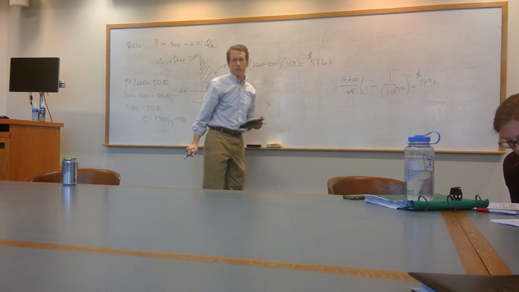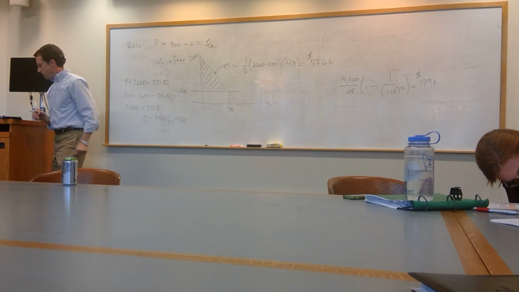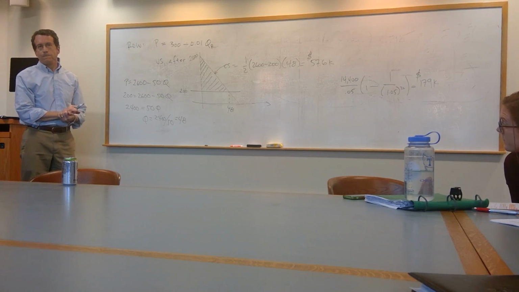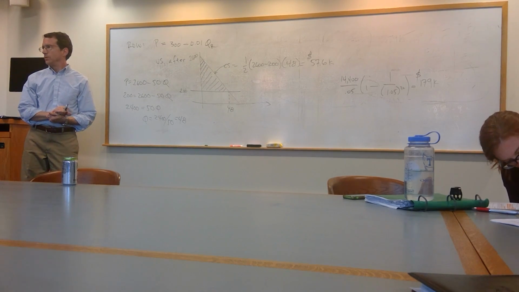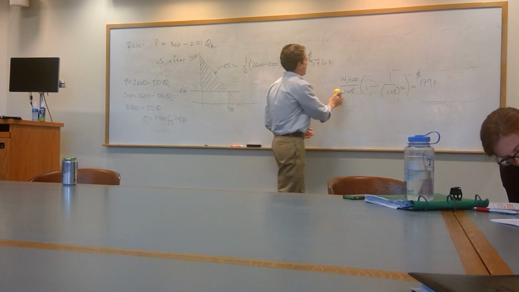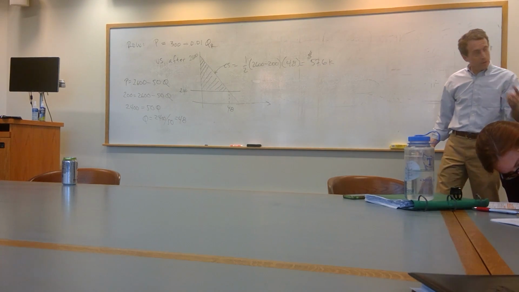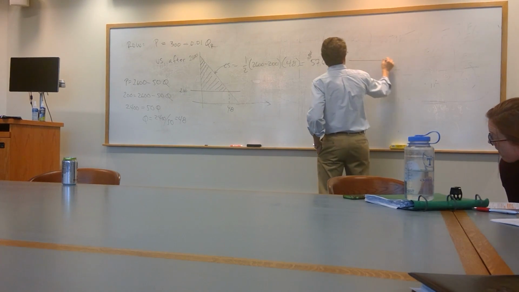That turns out to be $57.6 thousand. Okay, and then what do I need to do next? Would this be an infinite string? It would be an infinite string, and now